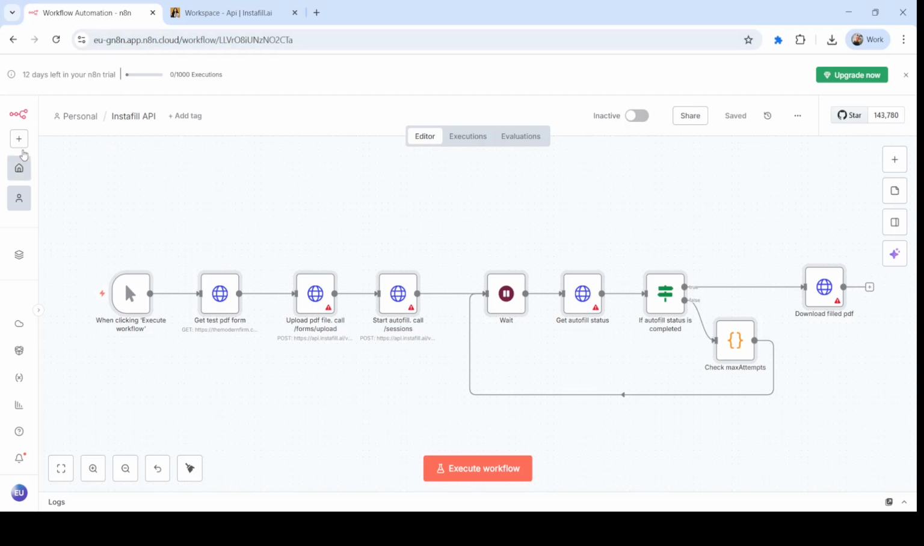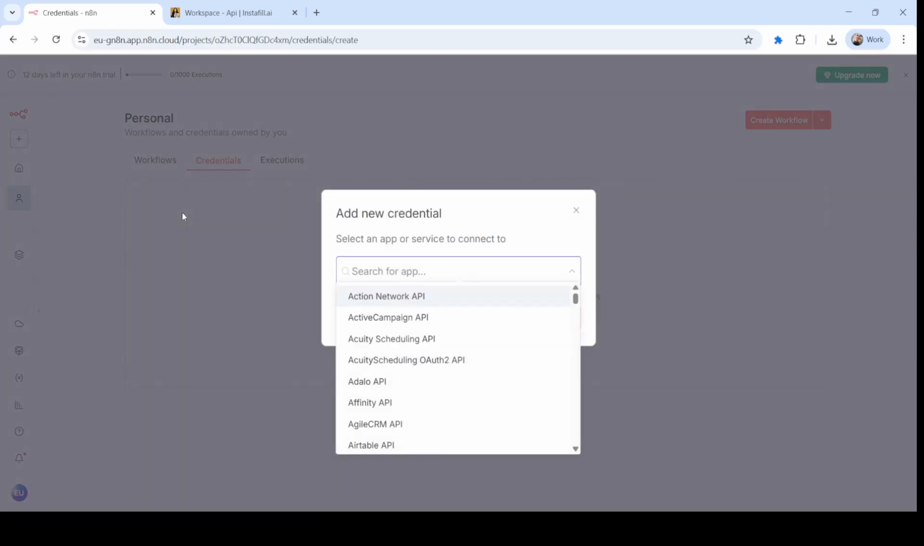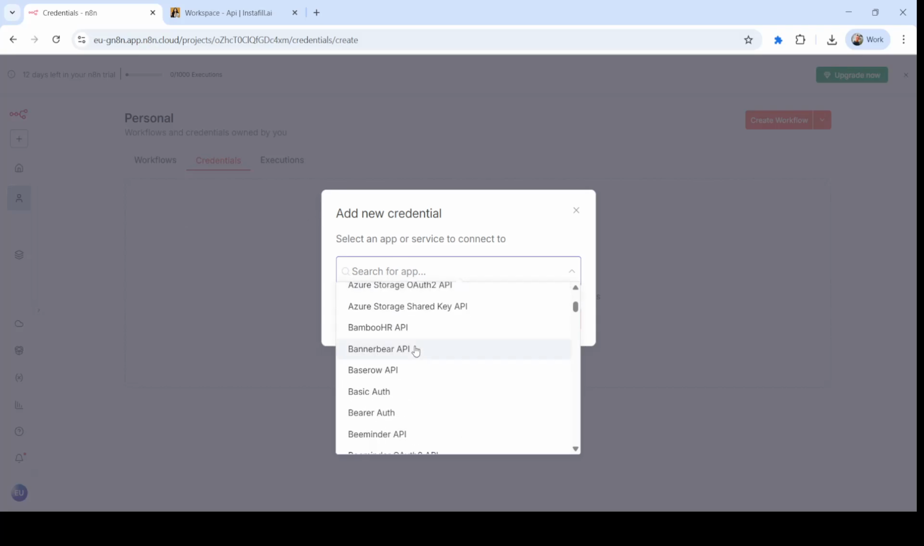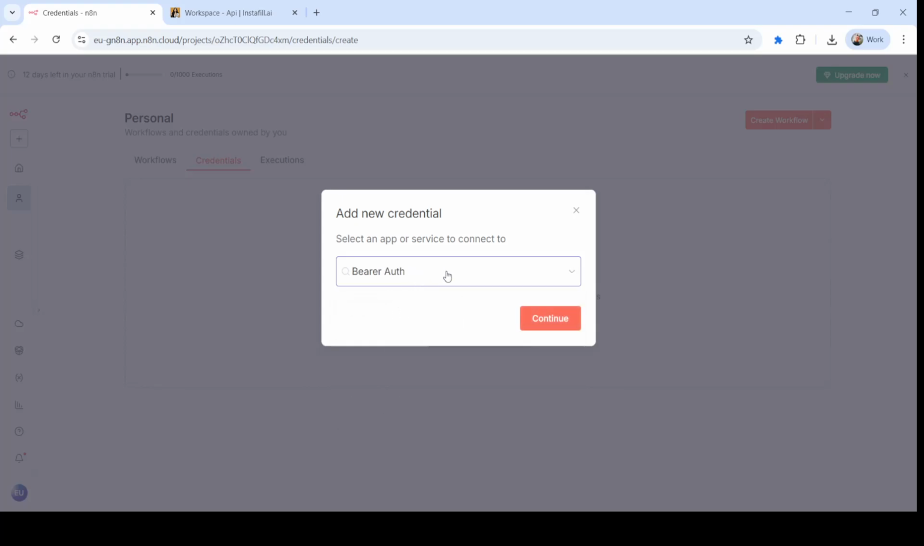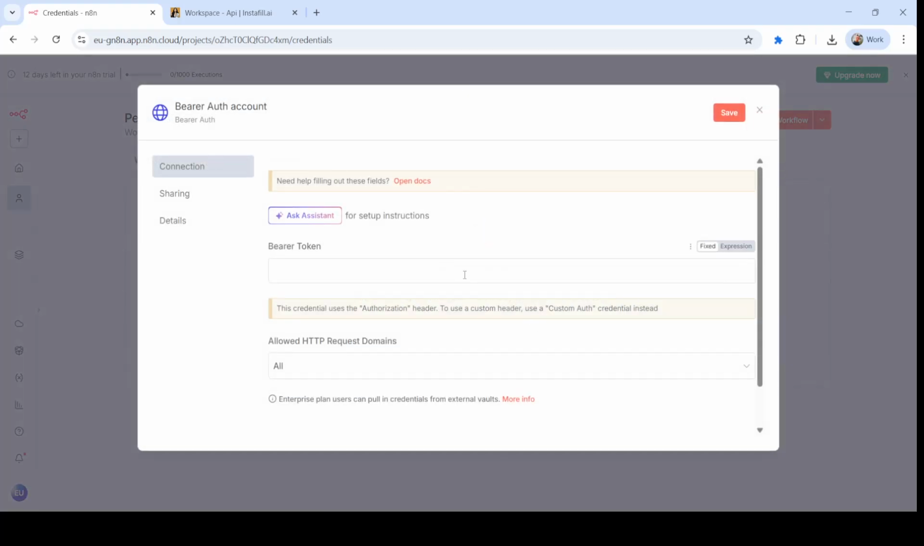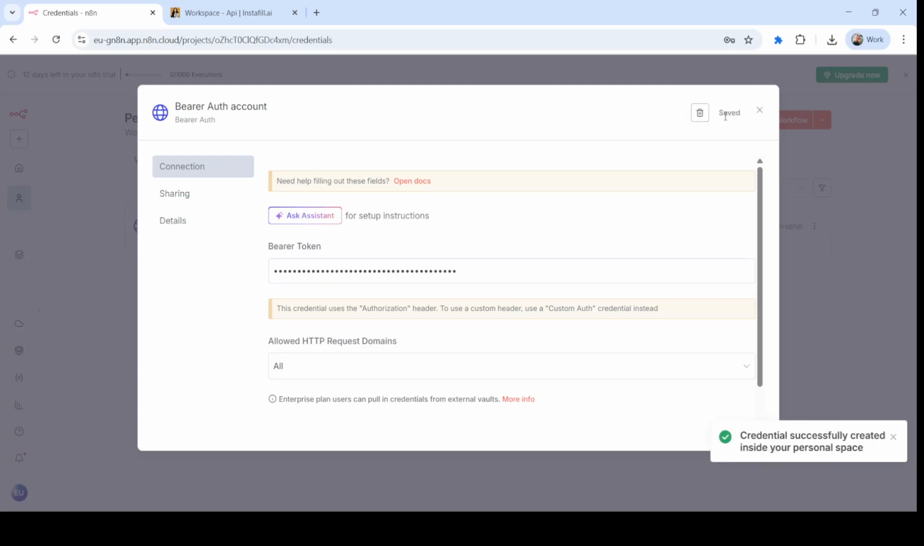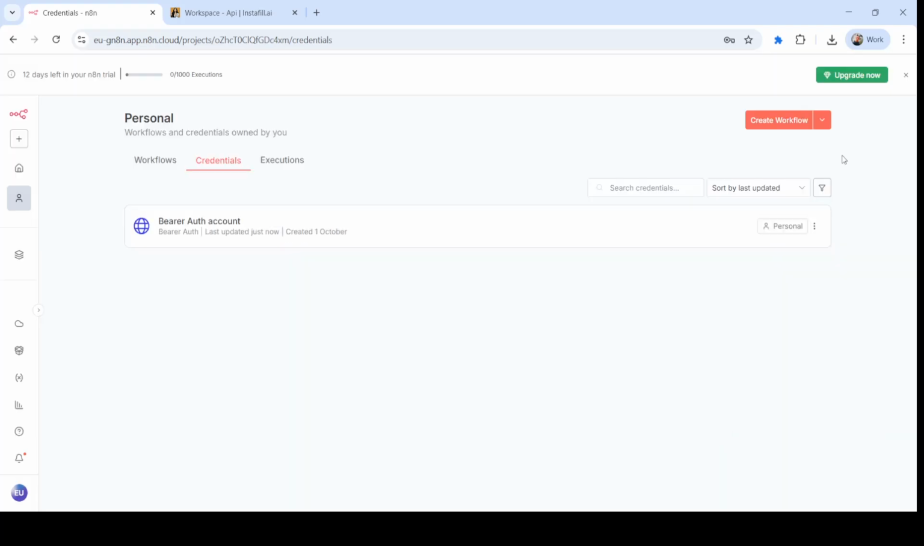to n8n, and here we can add create credentials. Let's do it for personal account. Here we need to choose bearer authorization, and here in the bearer token we just add our API key we created in Instafill. Let's save it. Bearer account is created. Let's go back to the workflow,